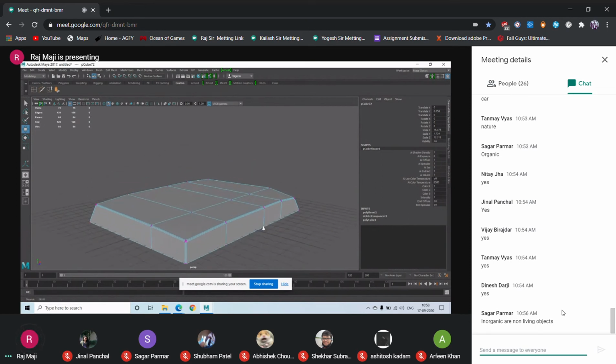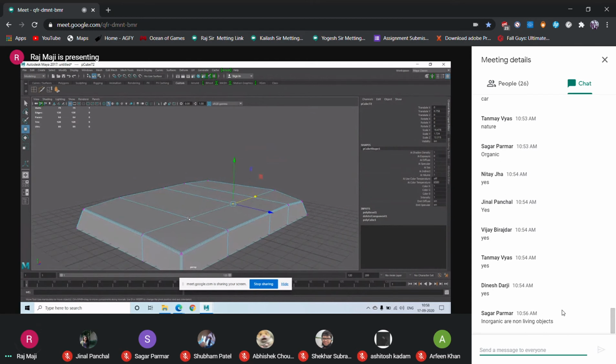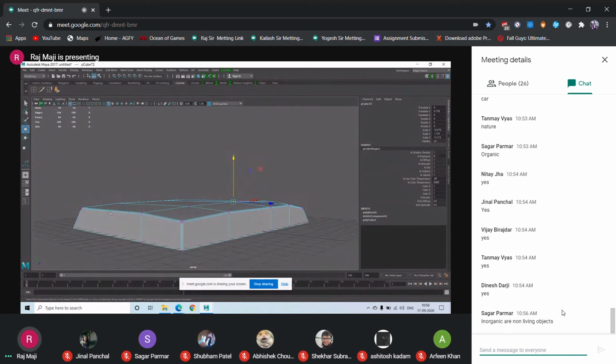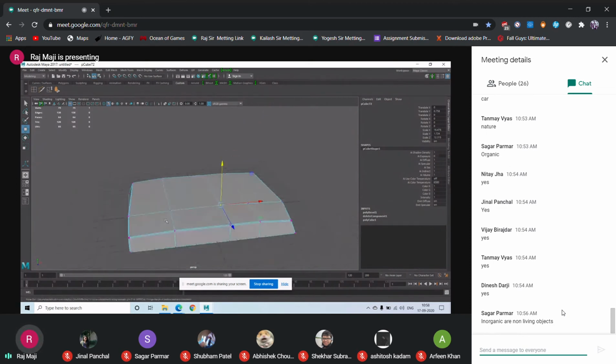Okay, now definitely, if it is a mud slab, what we'll try in monsoon is that rainwater should not be stored in this area. So the middle part will be a little bit elevated like this, and at all the corners the rainwater will drain out, isn't it? Think logically. Everything, whatever you make, then only it will look natural.